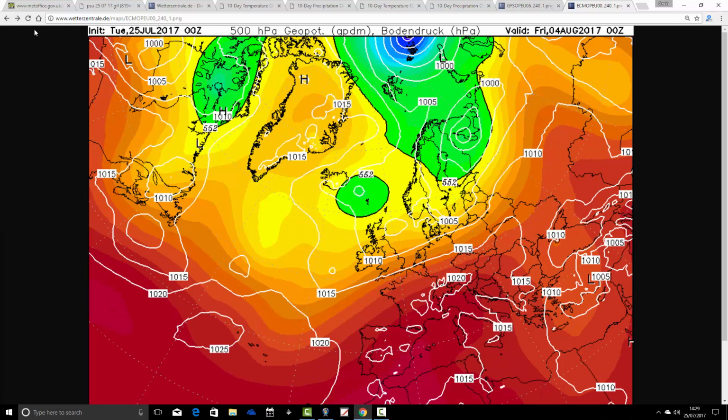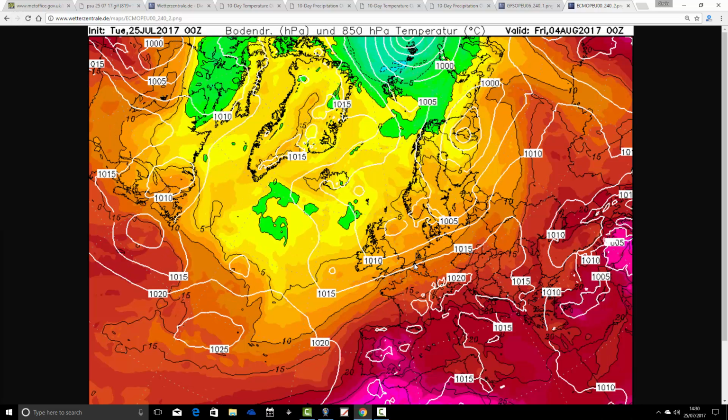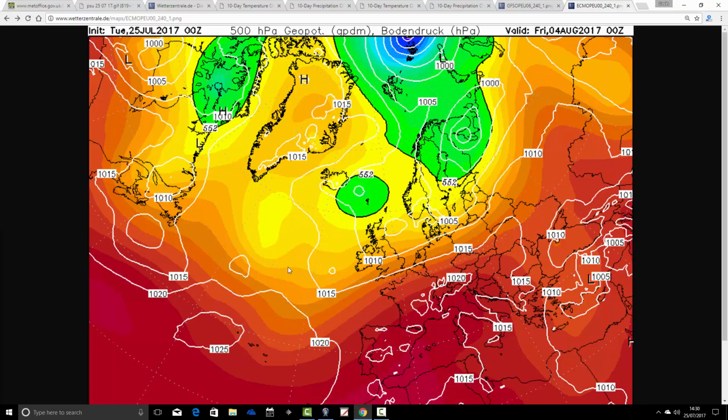And at day 10 it does look unsettled. Same as with the GFS, really, we're trying to build up a little bit of a ridge across France, trying to bring hotter air up from Spain and Portugal into France, and the far south might be starting to warm up a little bit. There's your air temperature showing warm air is on the doorstep, but essentially it's still the coolish sort of westerly flow that's in control, and it might be quite wet,